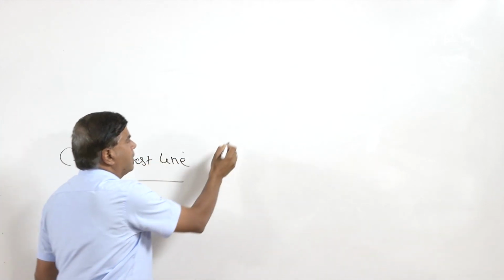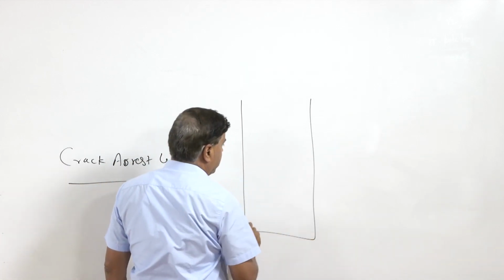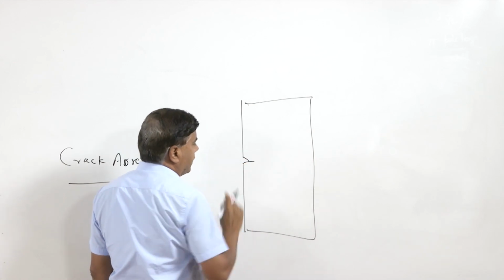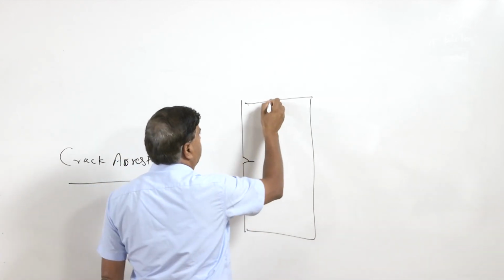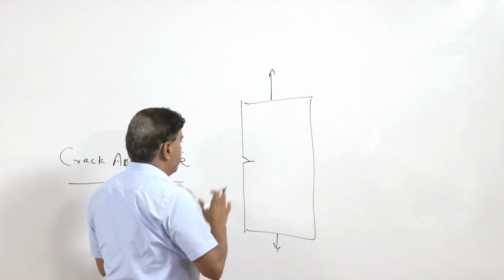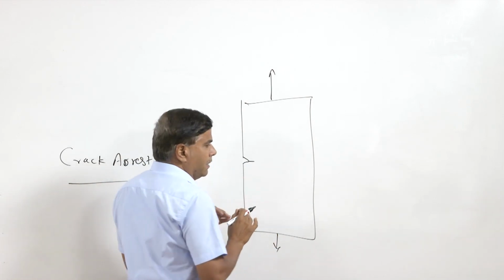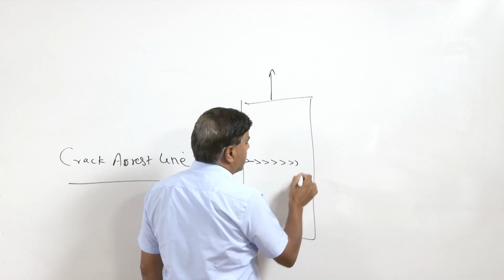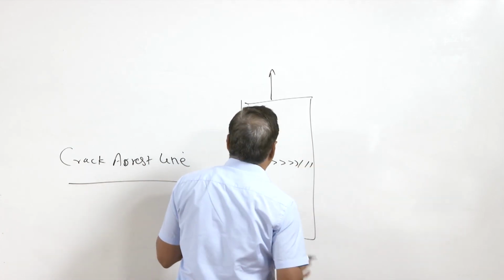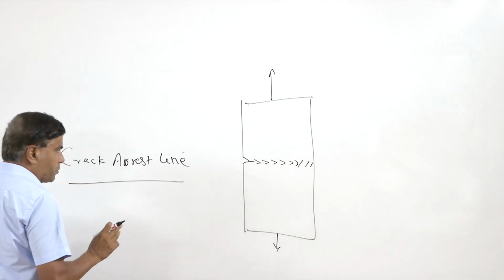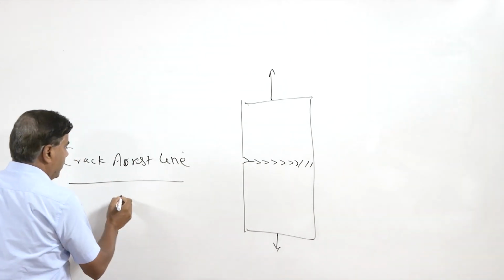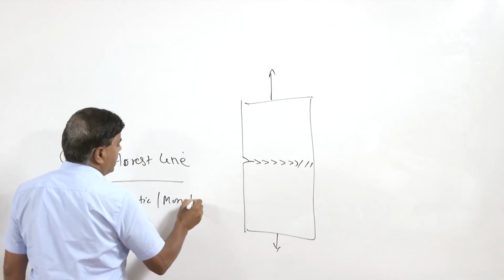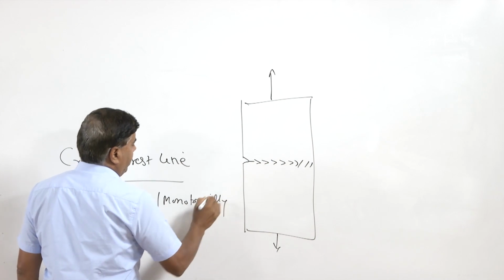We know that whenever a fracture occurs, the fracture is preceded by the growth of a crack. Say this is the notch, and here a crack has nucleated. Then under the effect of the external loading, depending upon the type of material and the loading conditions, the crack will grow in different ways. So, when the crack grows and thereafter fracture takes place, we see features on the fracture surface under static, or monotonically increasing